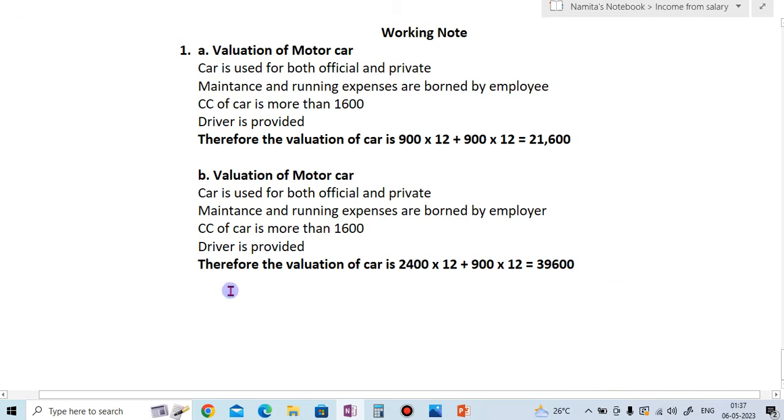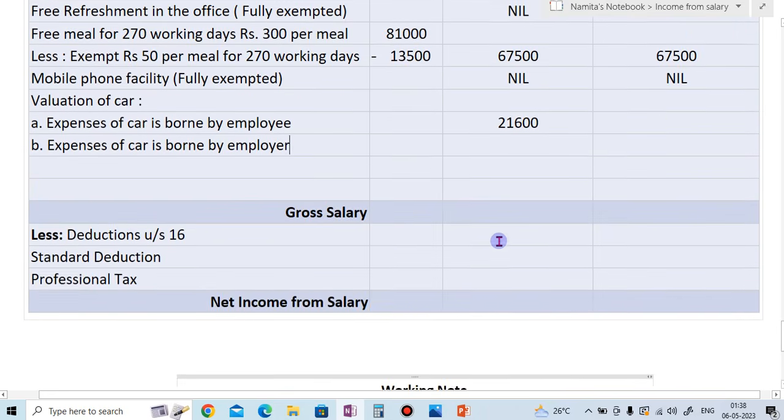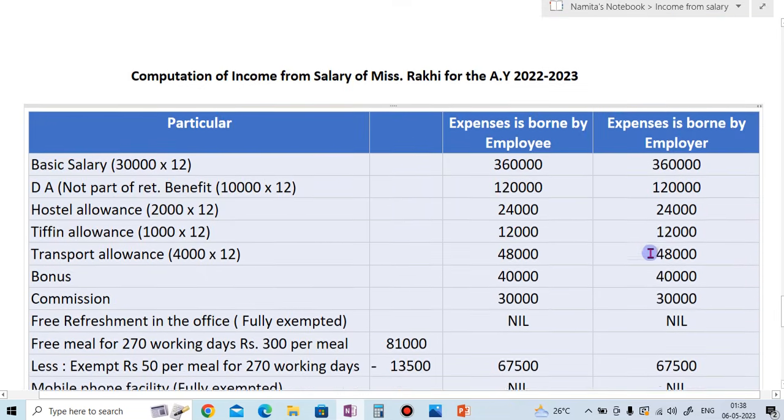So therefore the valuation of the car will be 2400 multiplied by 12 plus 900 multiplied by 12. Okay, so the amount will be 39,600. This value will be only if the car expenses are borne by the employer. Okay, so write here in the employer column